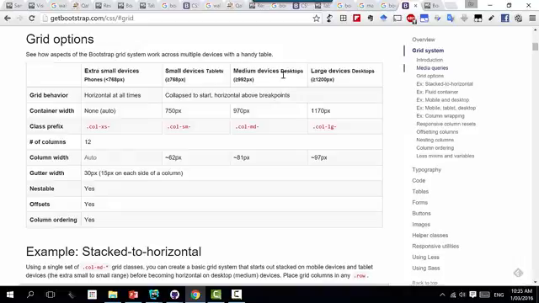A medium-sized device is where the width is greater than or equal to 992 and less than 1200. A large device is a device where the width is greater than 1200. Maybe this is a TV screen. A small one, a small is less than 768. So they already